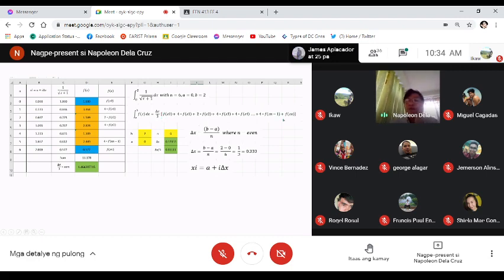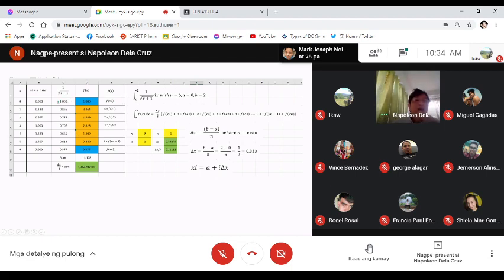Kanina sabi ko, this is 1, this is 1. This is 4, 2, 4, 2. The second to the last will be 4. This is now 1, the last term, this is 1. Then 4, 2, 4, 2, the second to the last is also equal to 4. What do I mean by that? Okay, ito,